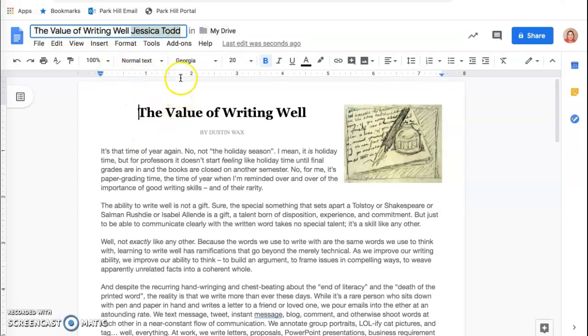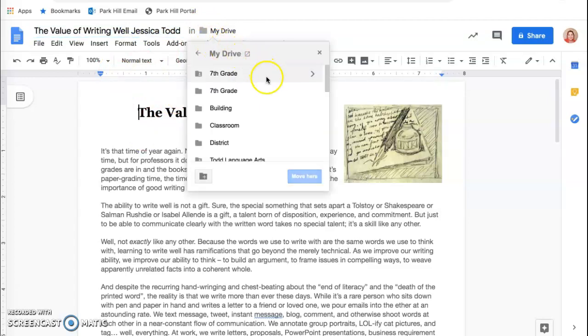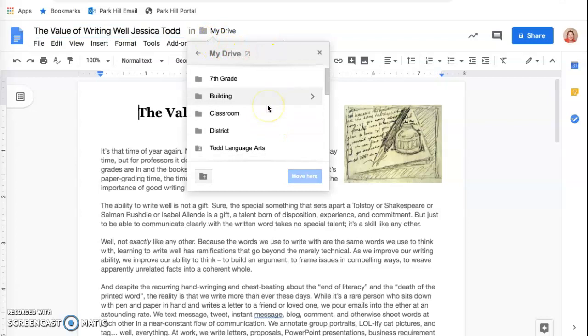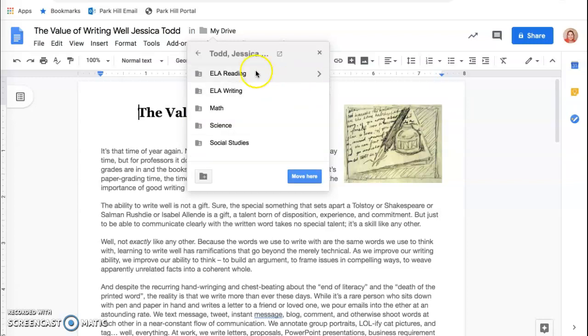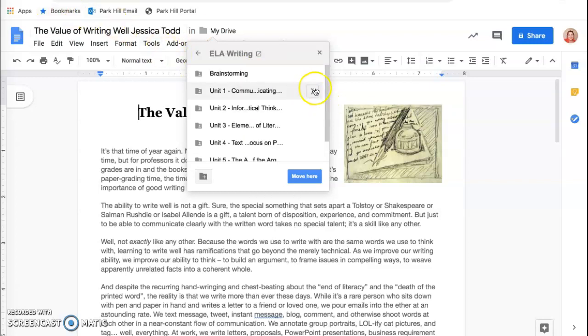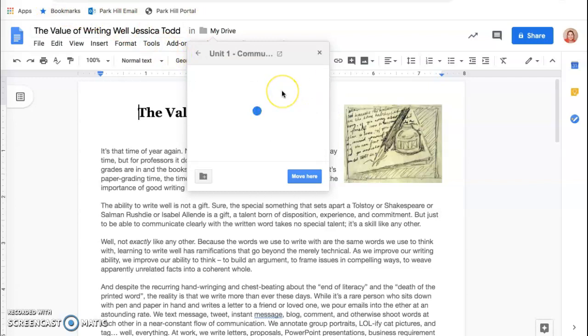To make sure it ends up in the right place, hover over this little folder and click that, and it shows you all the folders in your drive. You scroll down until you find your main Cyclones folder, click the arrow beside it, and then you place it in the appropriate spot. So in this case, you would click ELA Writing and Unit 1. And lastly, Schoology